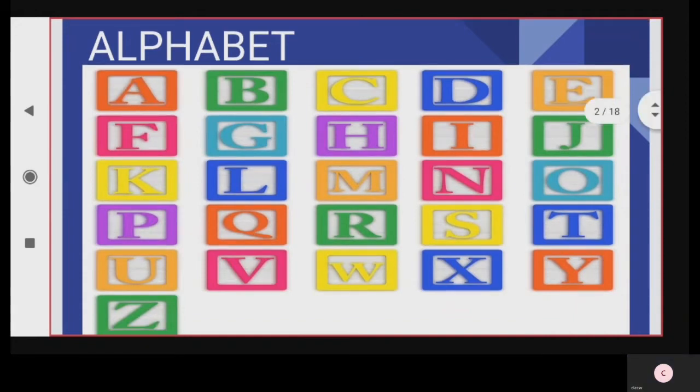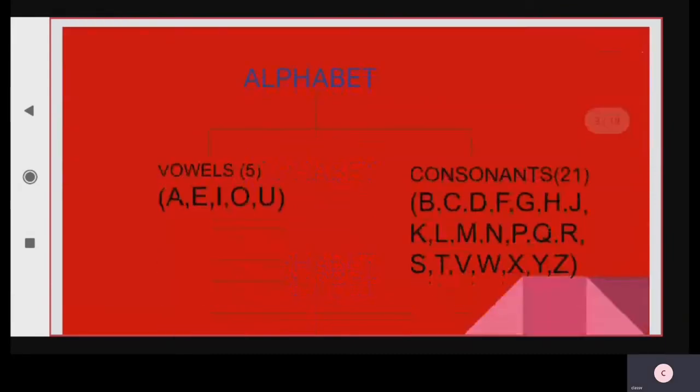Children, these letters are further separated into two groups of sounds called vowels and consonants. Now let's listen how a vowel sound is produced or made. A vowel is a sound that is made or produced by allowing breath to flow out of the mouth without closing any part of the mouth or throat.